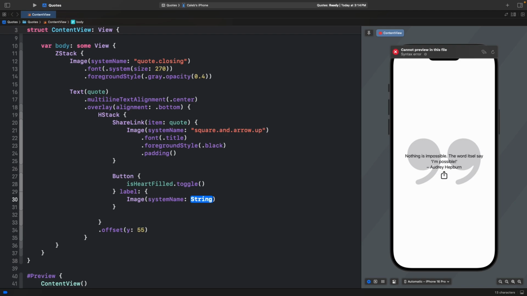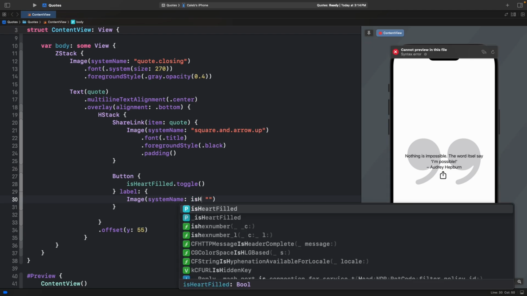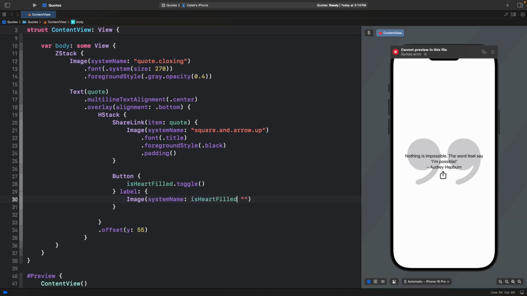I haven't really played with it yet, but the predictive code stuff is supposed to predict code and be helpful. But we're going to do a ternary operator here. So it's just a shorthand if statement where we're saying if is heart filled, and then we do this question mark. We want to do something like heart dot fill, but otherwise, so if else, then we just want to go